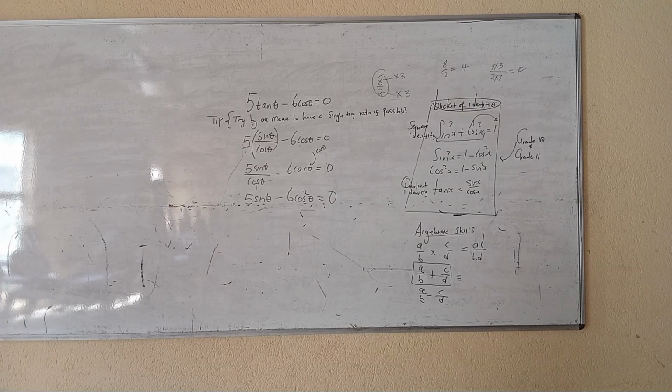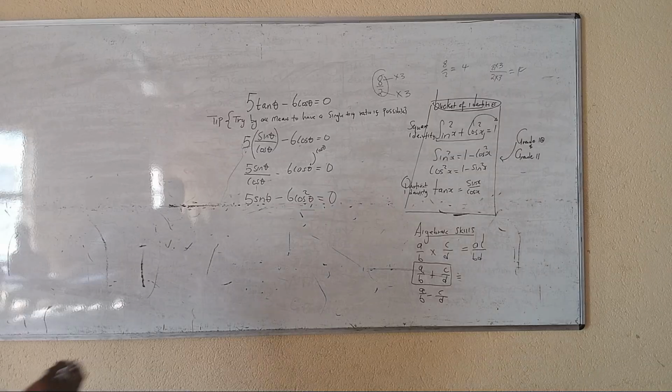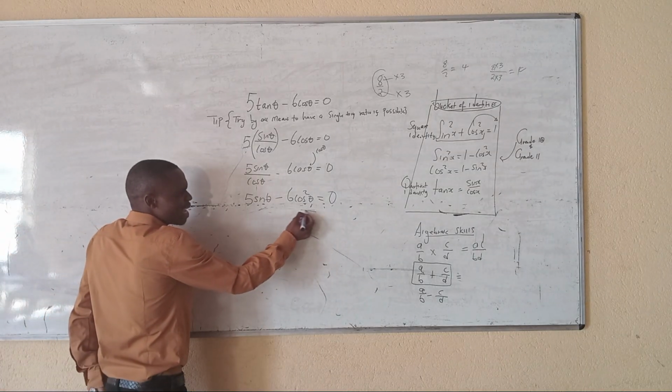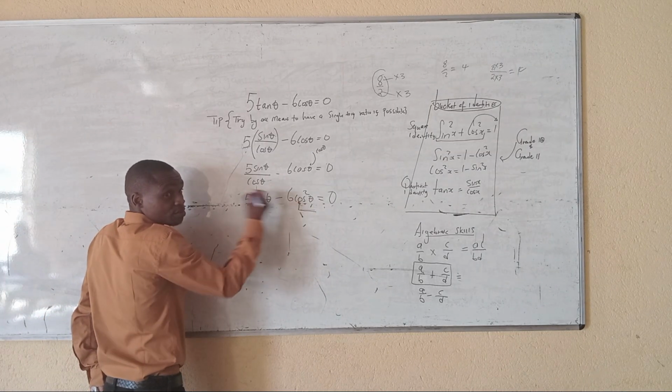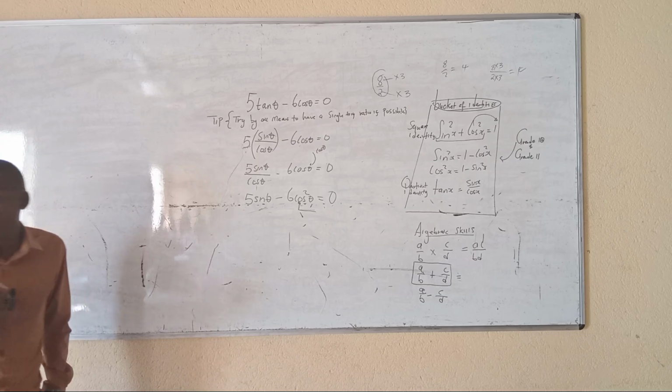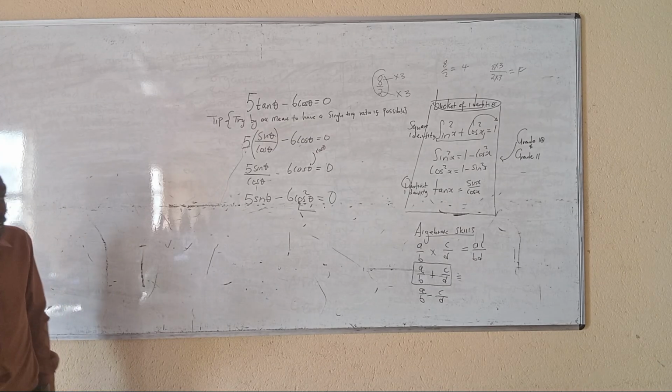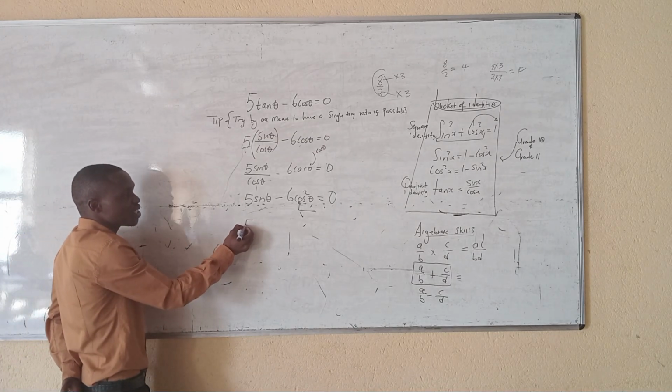And I said the goal is to have 1 trigonometric ratio. When you are dealing with a general solution, you wish by all means to have 1 trig ratio. So you can substitute cos squared theta. You can turn it into sine. You can say 5 sine theta